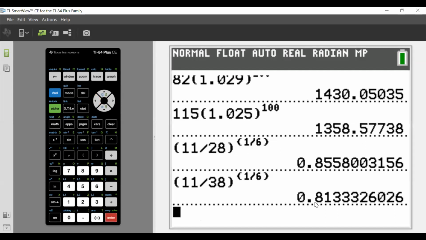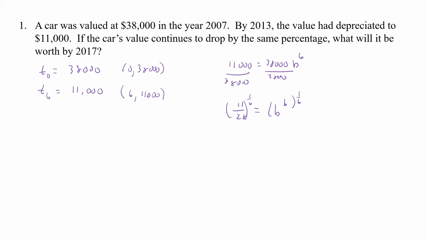All right, so we get 0.813333. So that's what our B is. And that's a 3 there too. It looks like a 2, but it's a 3. And that's a 3. I noticed that because I saw that. All right, and so B is equal to